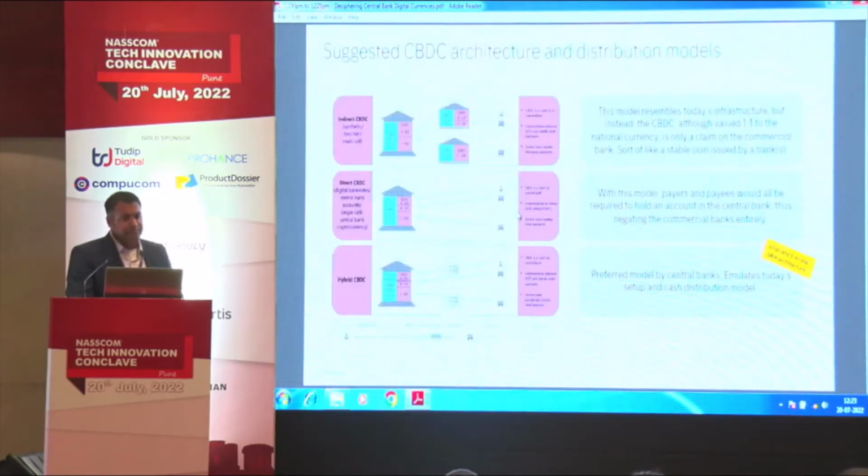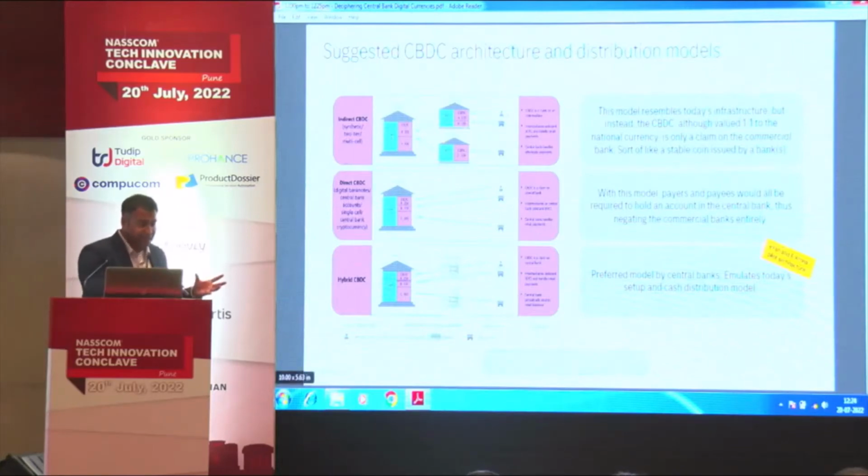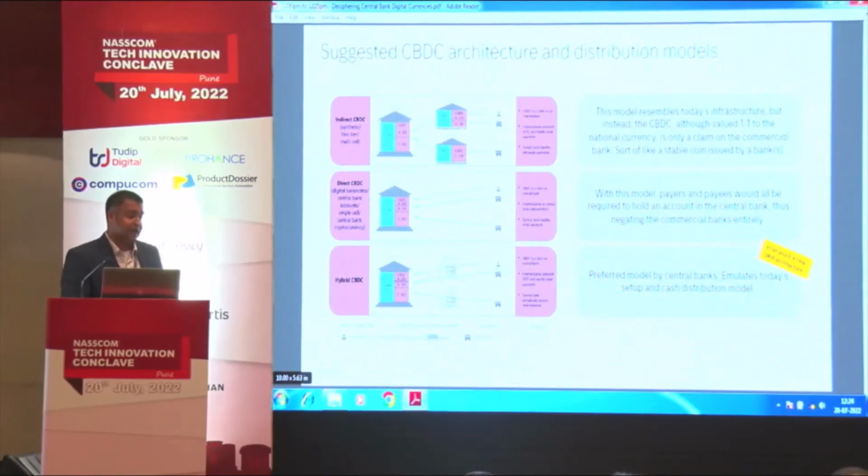And this is the suggested architecture for the Swedish Central Bank, how they plan to distribute the digital currency. The first is indirect. It goes through the banks. As you see, the central bank is in here, and then you have Bank X and Bank Y, which are commercial banks, and then they in turn distribute it to their end users. In the direct model, the central bank digital currency is directly issued by the central bank to the end customers. And there is also a hybrid model where you have the possibility of either buying it directly from the central bank or from a commercial bank. And here is where the